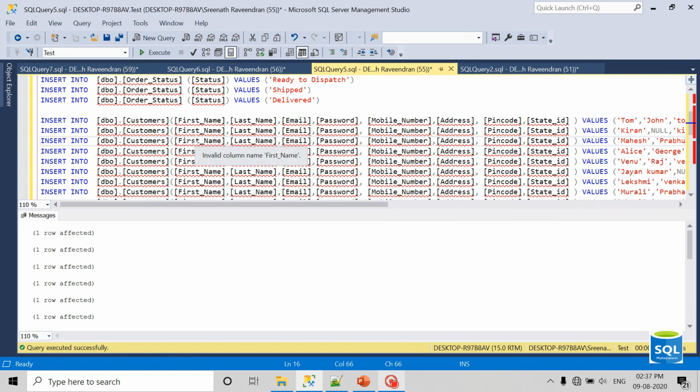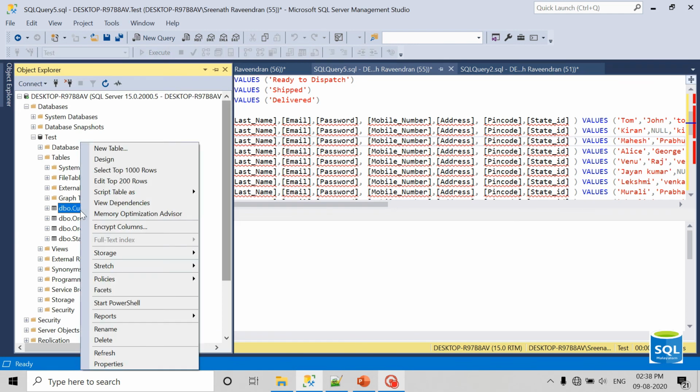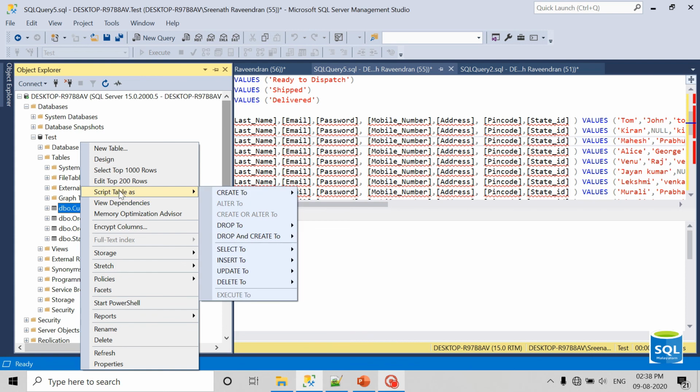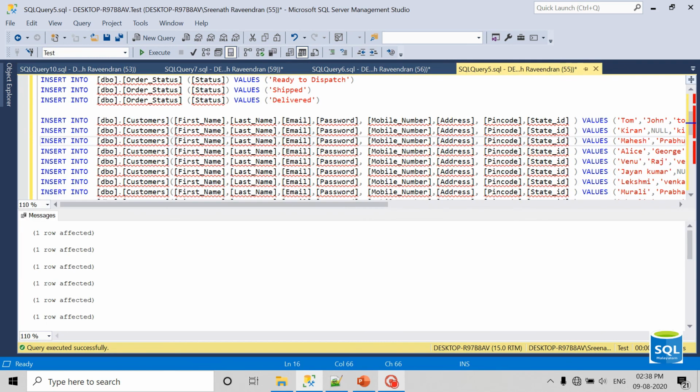And one more thing is sometimes we have a large set of columns for a table, and if I try to write this in there, it will take time. So you can use this feature, like just right click on the table and select the create table as, and select into a new query window. So it will give all the columns that exist in that table. We can use this set of columns for writing the query, instead of typing all the columns for the insert or update in any kind of query.